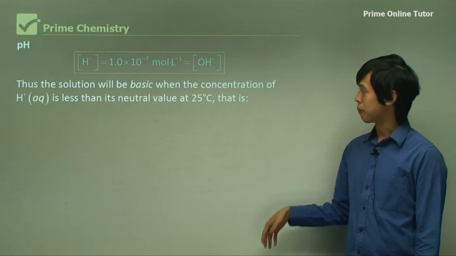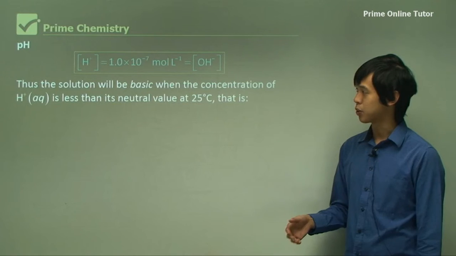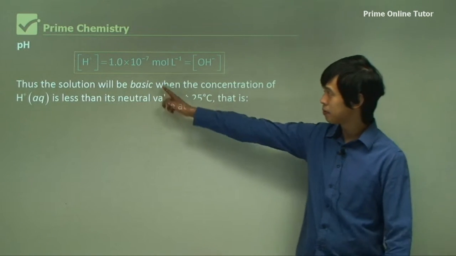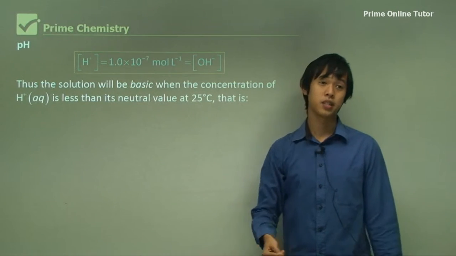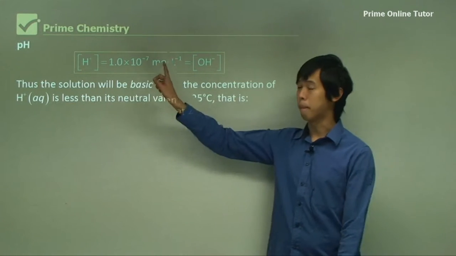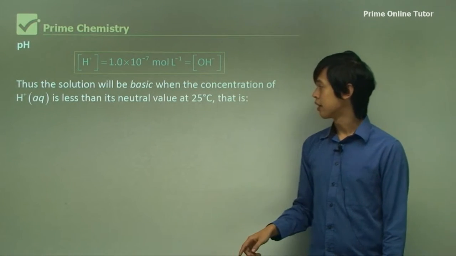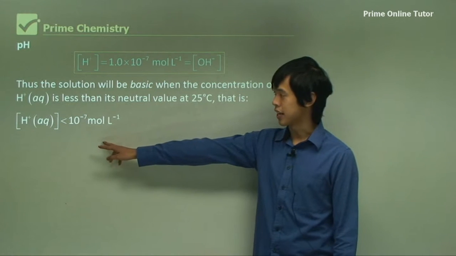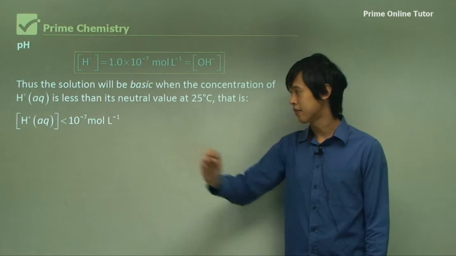So the solution will be basic when the concentration of H plus is less than this number. So if this number was, say, 1 times 10 to the minus 8, this would be a basic substance. Okay? So if H plus aqueous is less than 10 to the minus 7 moles per liter,